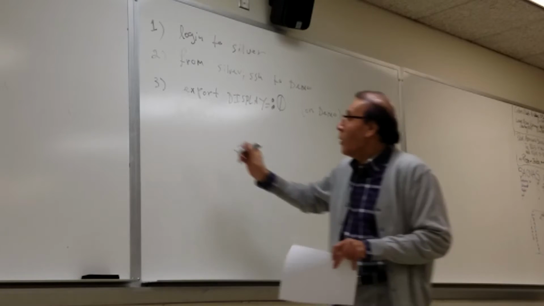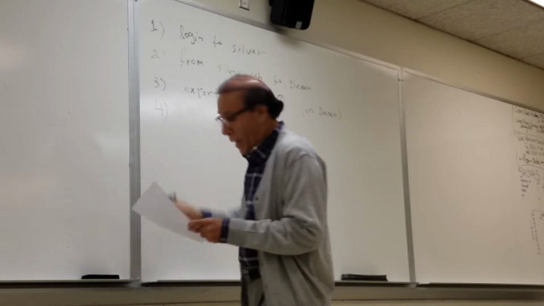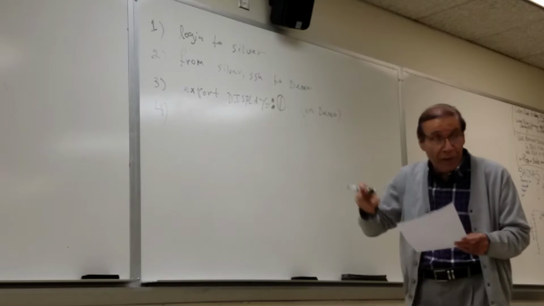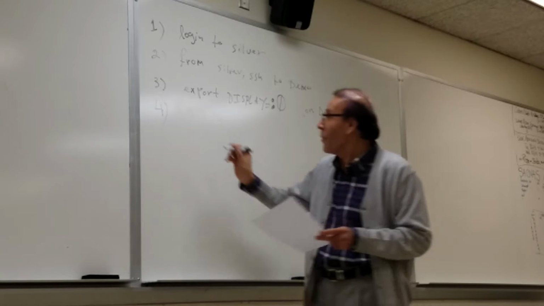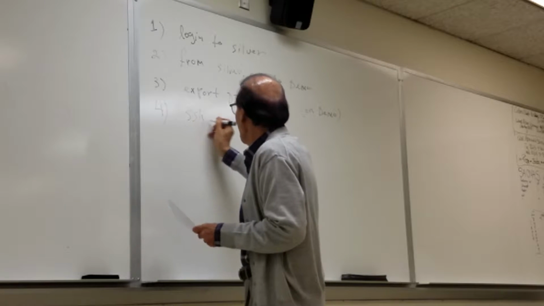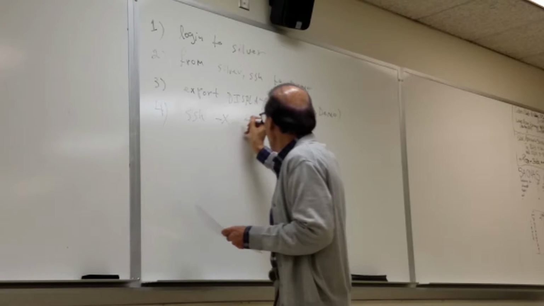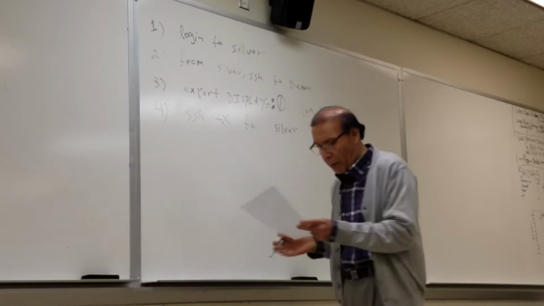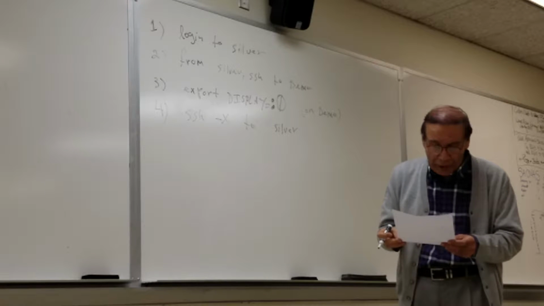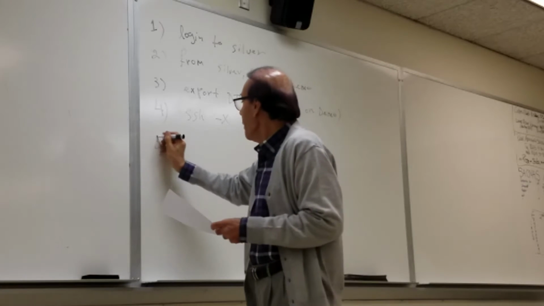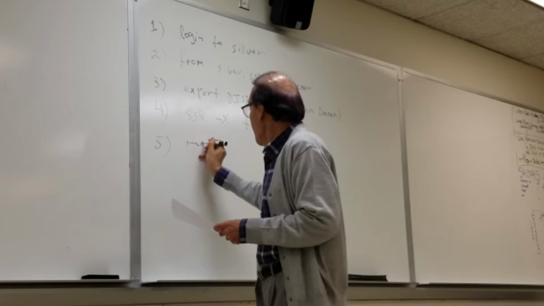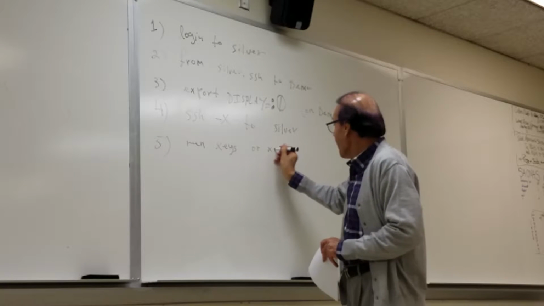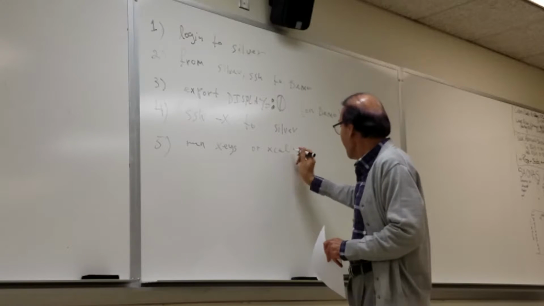Four. Now, we are on Demo, SSH -X to Silver. It's really weird, but anyway, this is the way that we did it. Five, run xeyes or xcalc